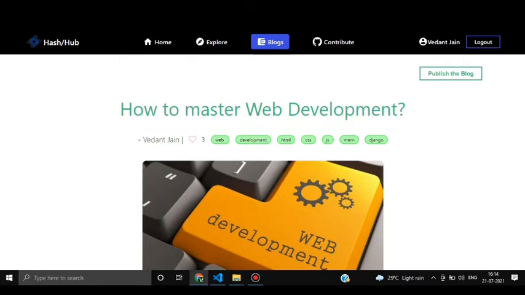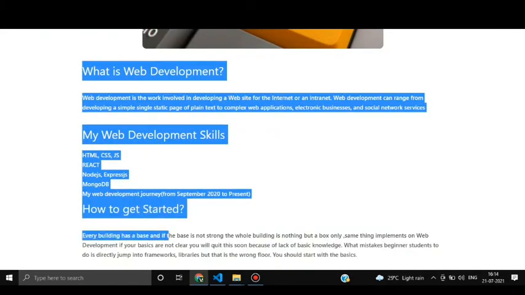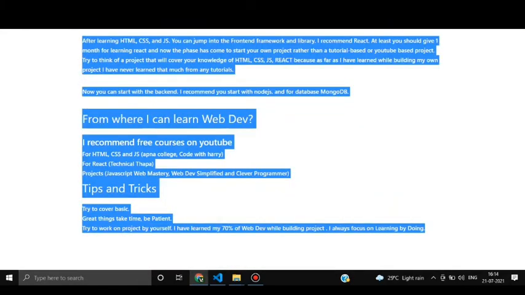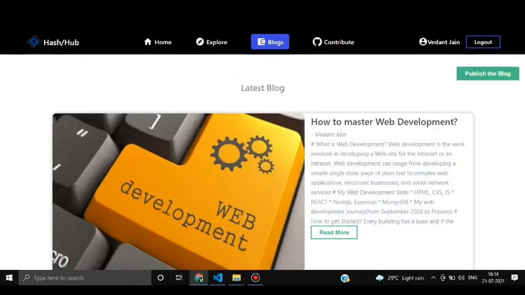It shows the heading, the name of the publisher, the likes that this blog earned, the tags, the cover image, and this is the whole markdown string. So this is all about the blog section, and you can publish your blog by clicking this.